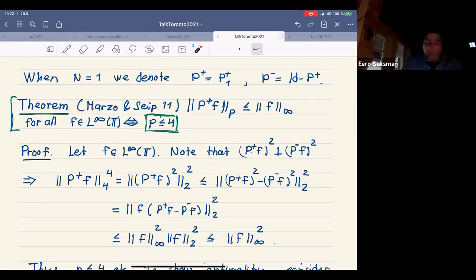And to show that this is optimal, you can consider the function f